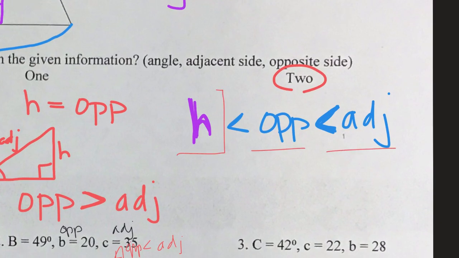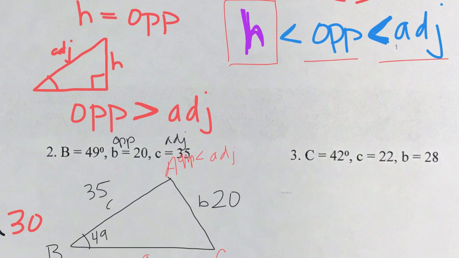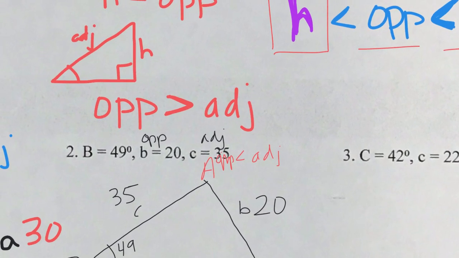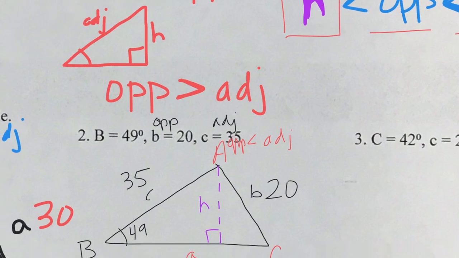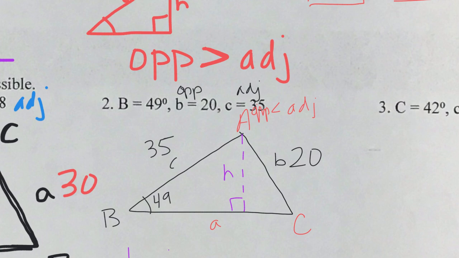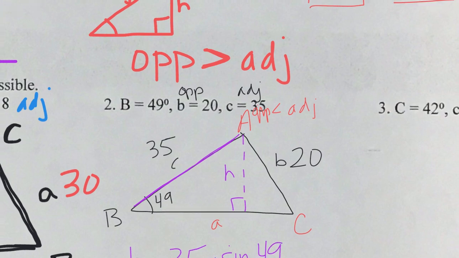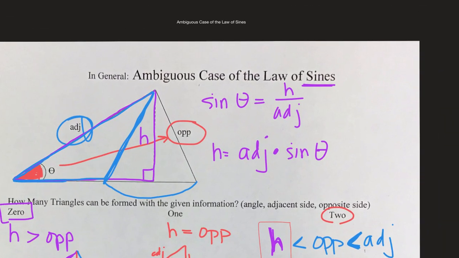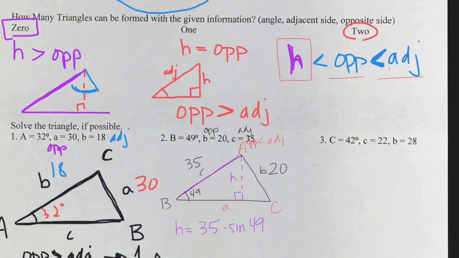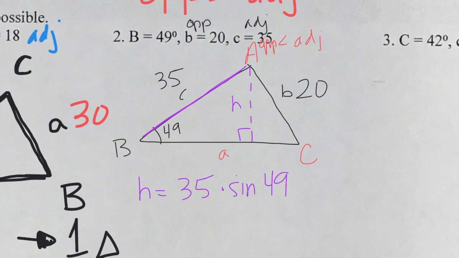So now we just have to calculate the height of our triangle to see whether it's a 1 triangle, a 2 triangle, or a no triangle. So there's the height. Remember, the height is always the adjacent side, which in this case is 35, right? This side times the sine of your angle. Okay, that's how we calculate the height every time. Is the adjacent side of your triangle times the sine of the angle. So 35 times the sine of 49 degrees. The height is